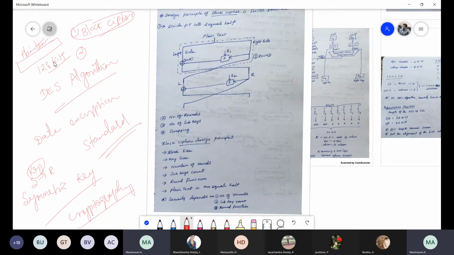How can I divide the blocks? Based on the size of the block. For example, in the DES algorithm the block size is 64 bits. My plain text size is 128 bits, so how many blocks are there?